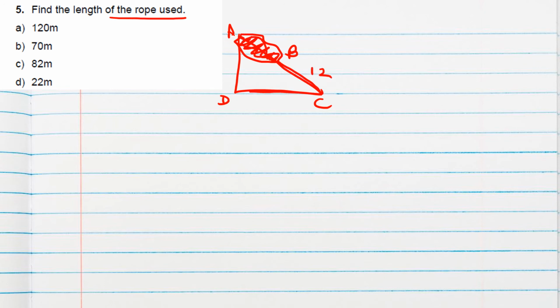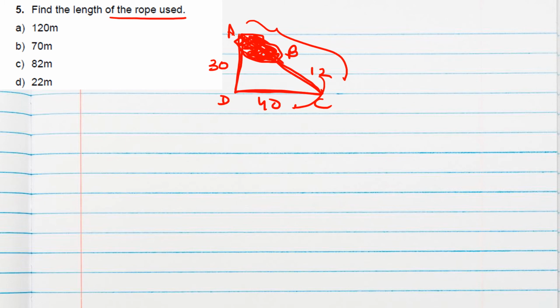Next question is, find the length of the rope used. So the length of the rope means, see, in triangle ADC, B point is there. This is the pond, so for this, rope is not used. From B to C 12, from C to D 40 meter, from A to D 30 meter. So these lengths are the lengths of the rope only, isn't it? So we have to add these lengths. We will not add AC, or we will not find the perimeter of the triangle, because AB is the pond where water is there. So there is no rope.